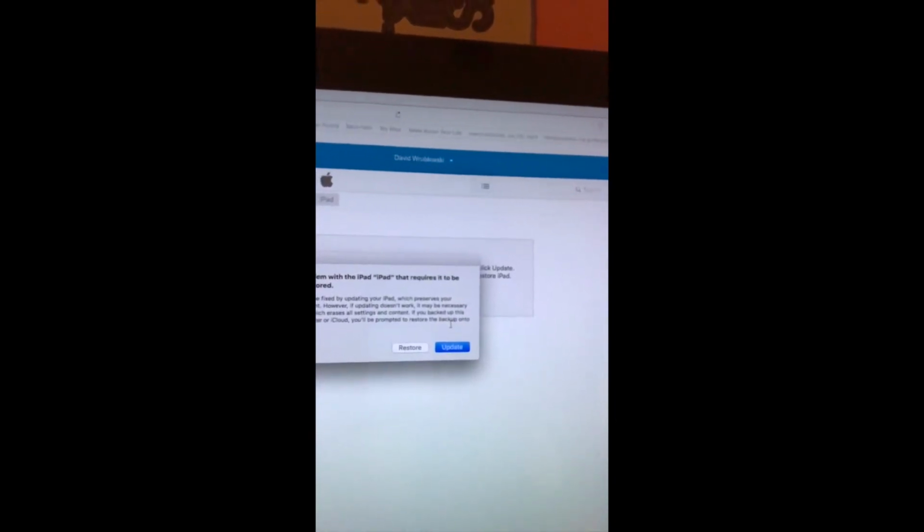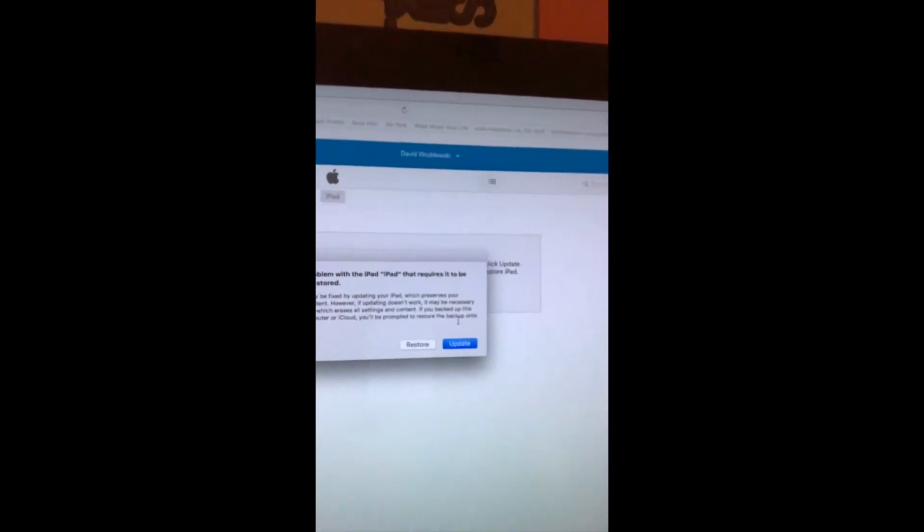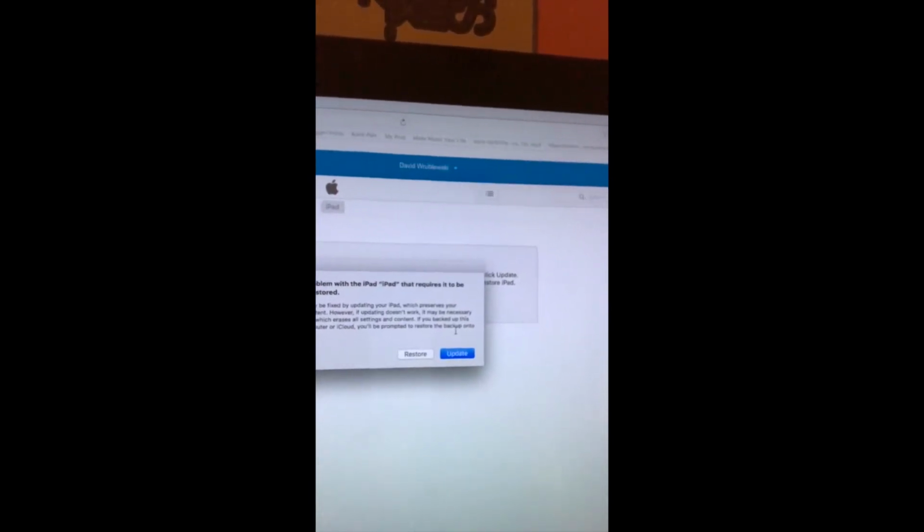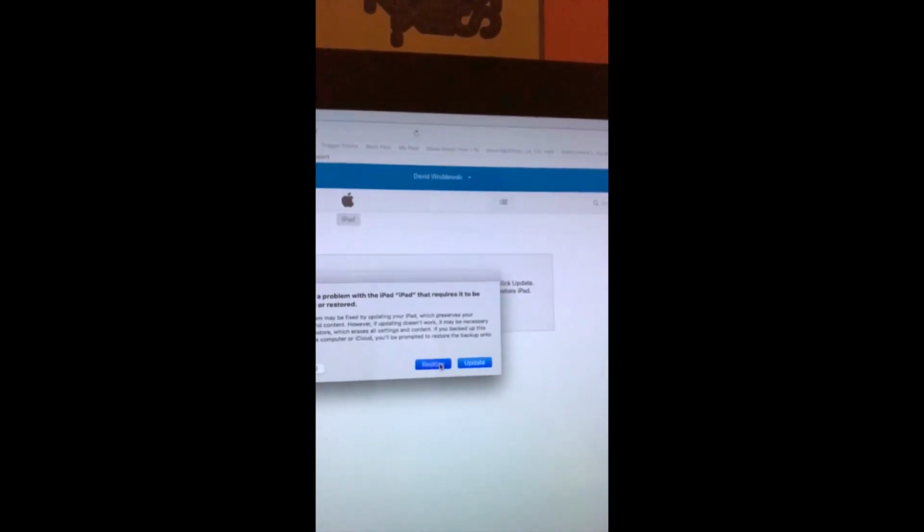Now if you have a look over here, you can see the message on my iTunes which says there's a problem with the iPad that requires it to be updated or restored. The difference between these two buttons is that update will maintain your data and it will re-download a new operating system that matches the operating system on the iPad or iPhone. Restore you can use for any iOS devices that you don't need any data on. You just want to start it as a fresh, out-of-the-box device, which is what we're going to do in this instance. So you just click restore